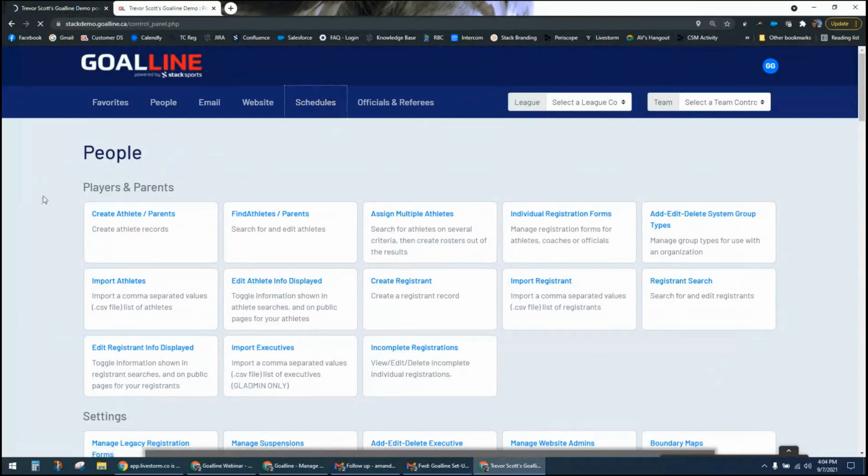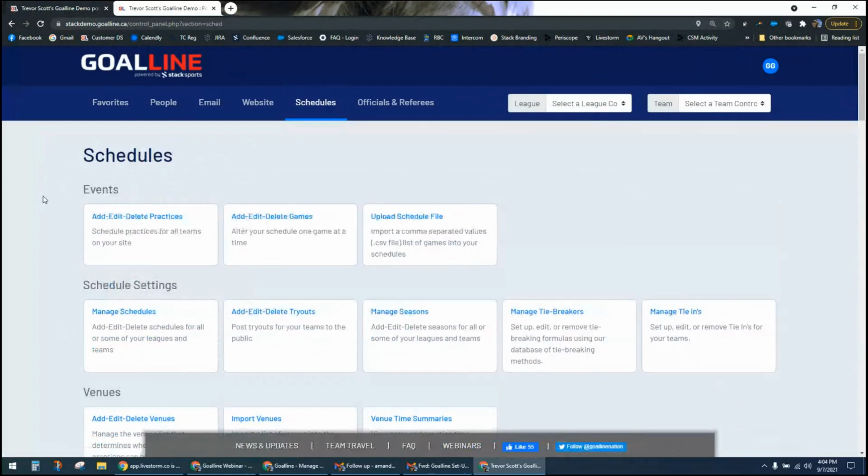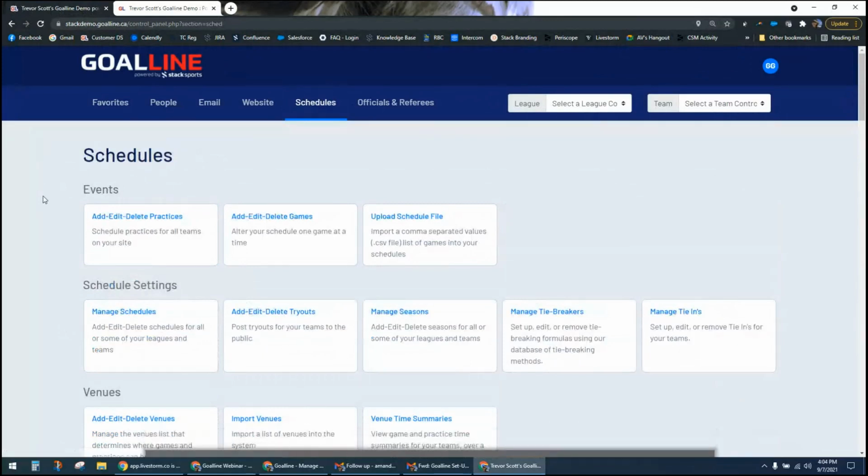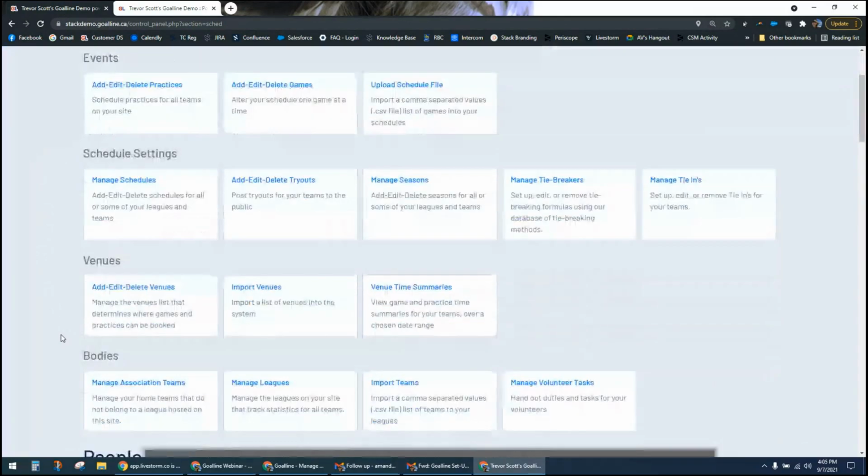of the control panel. You do manage leagues from the master menu, so this does have to be something done by either a main contact or someone who's been added with permission to manage leagues. Some organizations will choose to add a website administrator who coordinates different leagues, maybe has permissions to manage more than one league. That doesn't mean you have to give that person the ability to actually create leagues. You may want to keep that permission restricted, and then you just give them permissions to the new league once